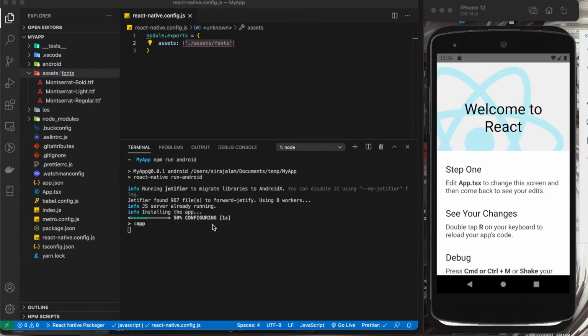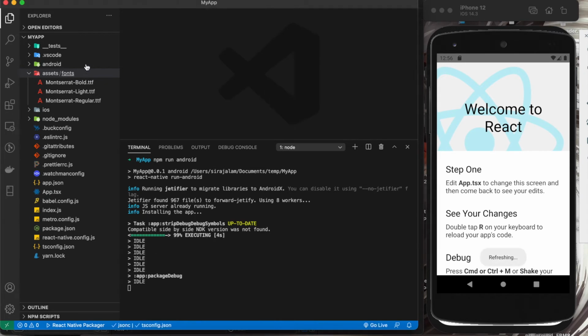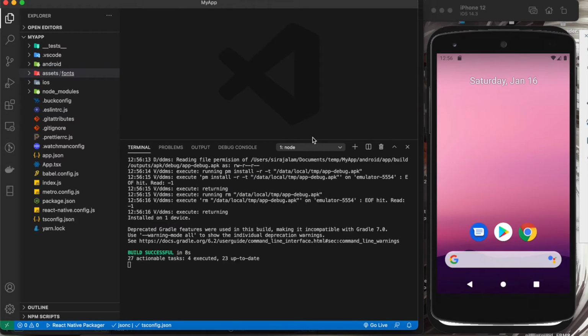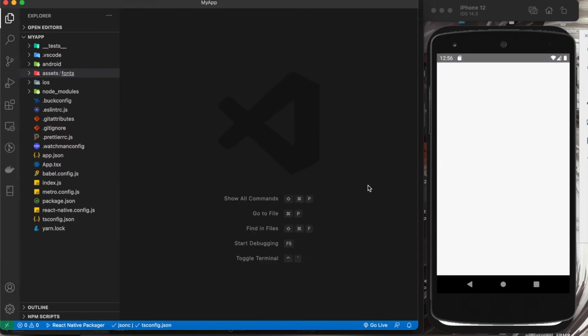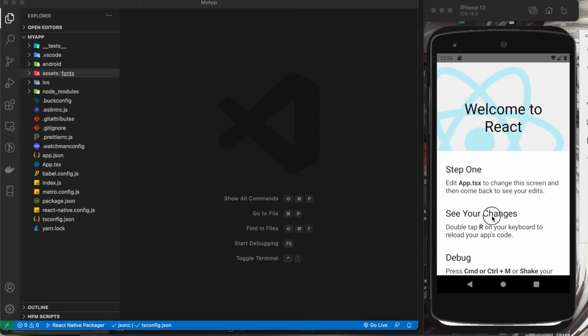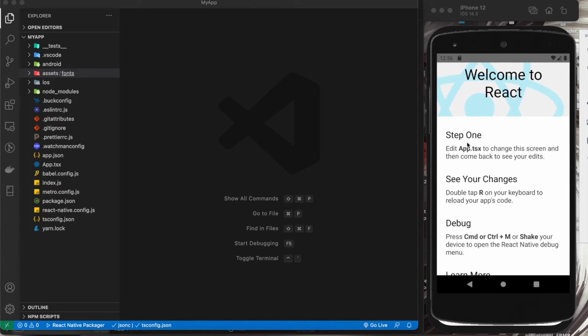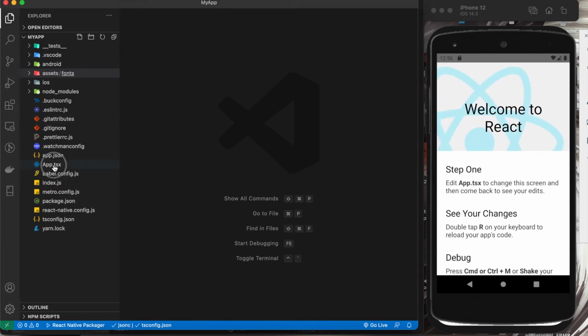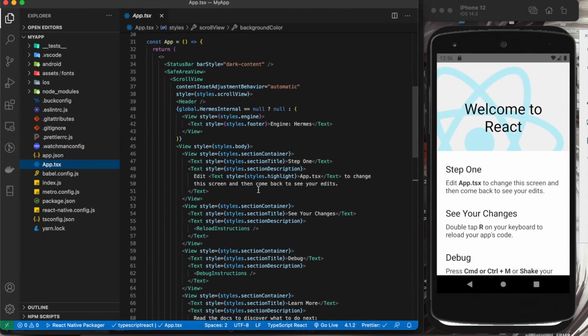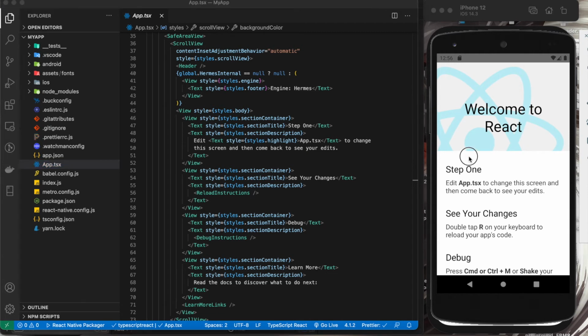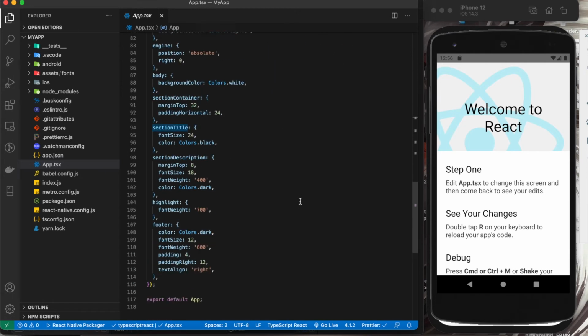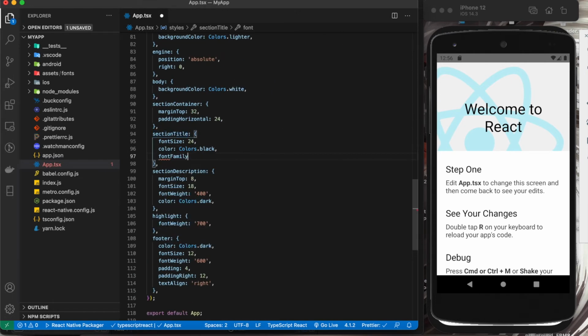First I'm running this Android project. So as you can see, the default page still has the default font family. Now what we are going to do is change the font family for this page. So this is the file, and I'm going to change the title of each section, which has the style name section title. So I'm just going to give the font family of